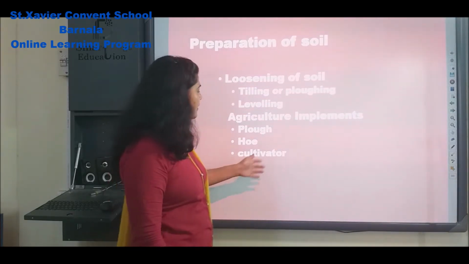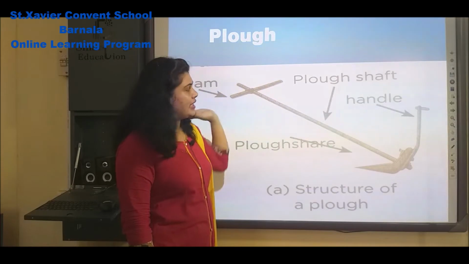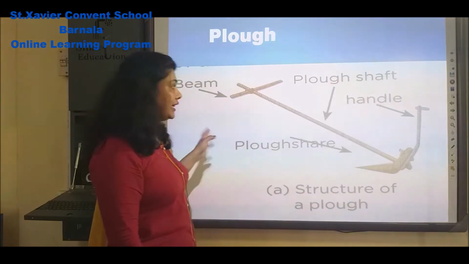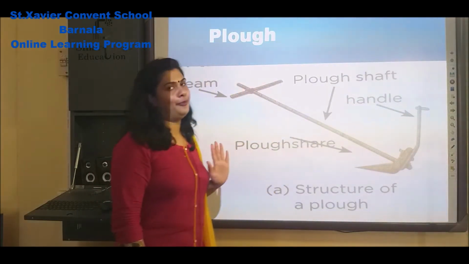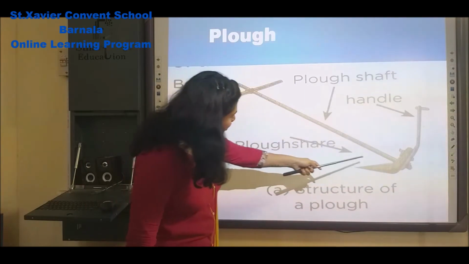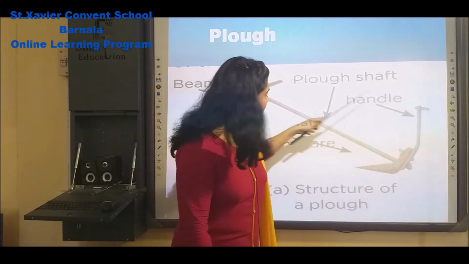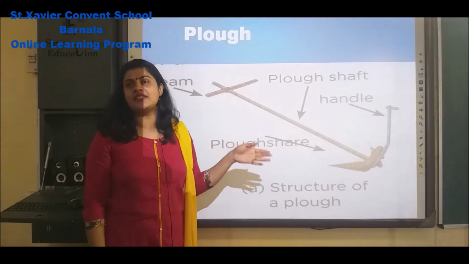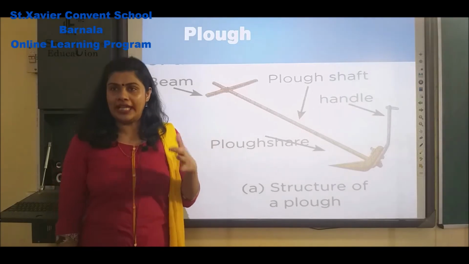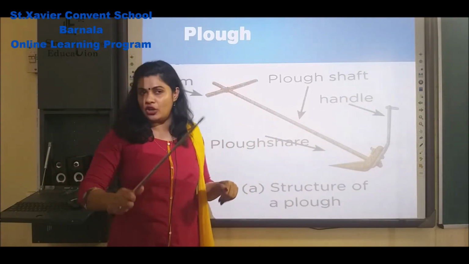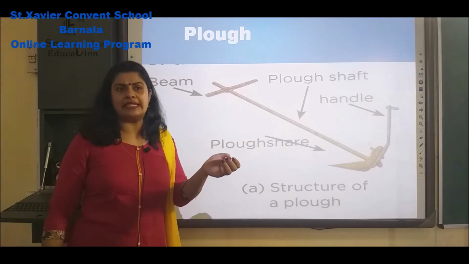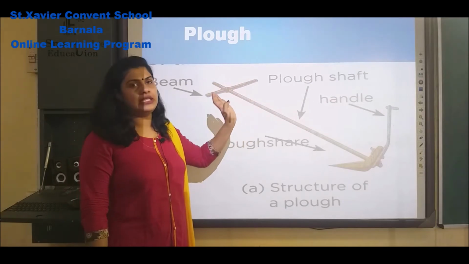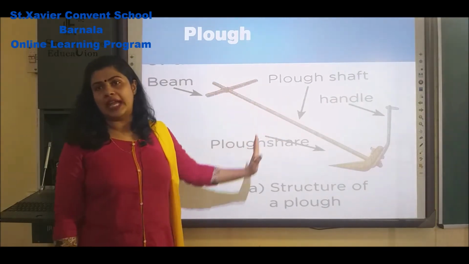First we are going to discuss how plowing is done. Nowadays, as you all know, machineries are used for this purpose. In ancient times you can see this type of plow. Here in this figure you can see a plow handle, then a plow shaft, and a plow share. In ancient days we used this type of plow for tilling the soil, adding fertilizers to the soil and removing weeds. Weeds means unwanted plants that destroy our crop. So in order to remove weeds, we used this plow in earlier days.